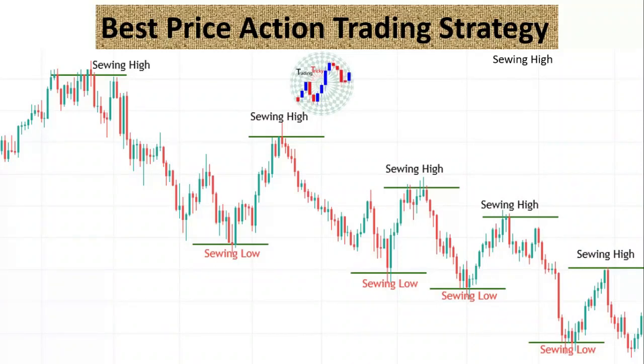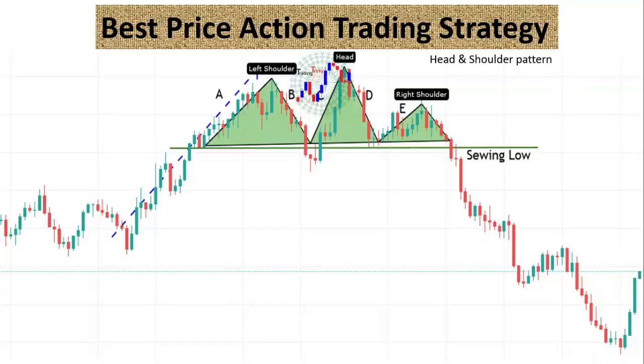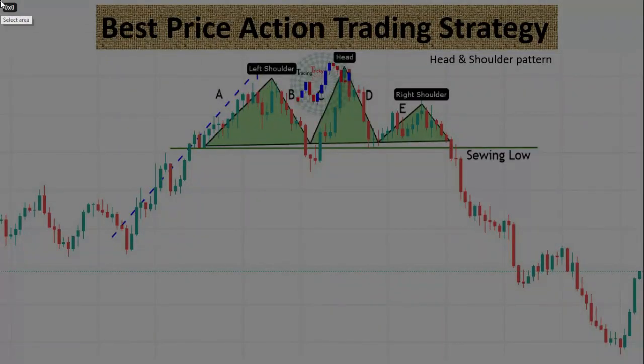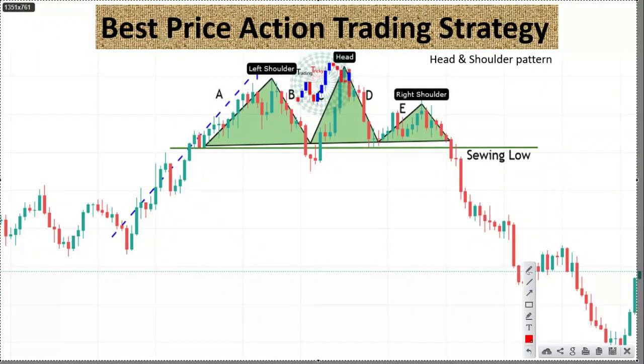Let's have a look at an example, head and shoulder pattern. In this chart, as you can see, A and C show the market is in an uptrend as the price made new swing highs. But if you look at E, the price failed to make a new swing high. At D,